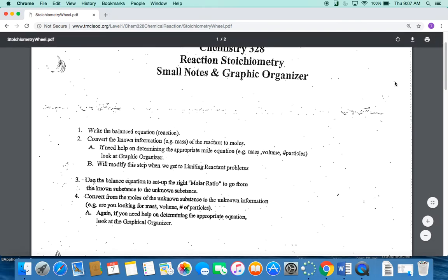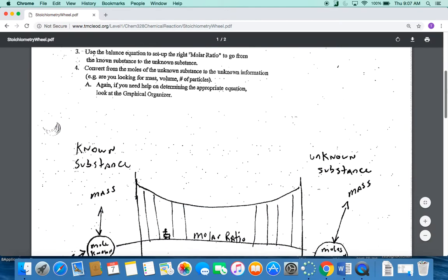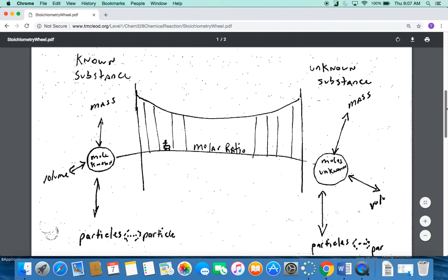And that's the last step. And that's what these 4 things are for, because you have to balance the chemical reaction to get the coefficients first. There's a little picture here. So this is kind of like the mole wheel extended. Okay, here's one mole wheel, the substance you know. Here's the mole wheel of the substance you're looking for, and the link between them, I put a bridge between things, kind of,